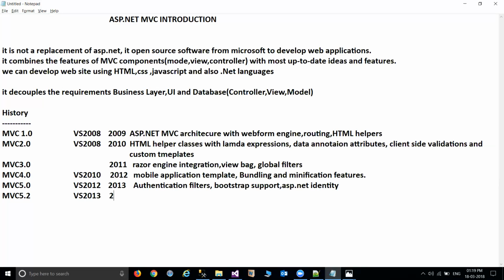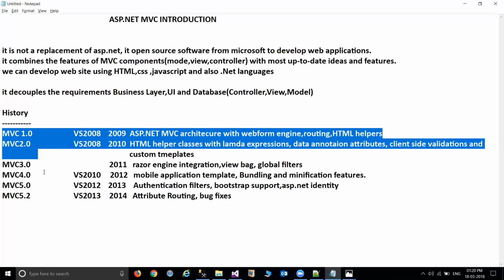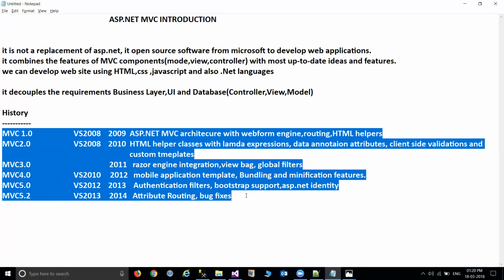It was released in 2014 with attribute-based routing, bug fixes and minor feature upgrades. So this is the history of MVC basically. It starts from MVC 1.0 to MVC 5.2, and the releases span from 2009 to 2014. It has different kinds of features provided version by version.